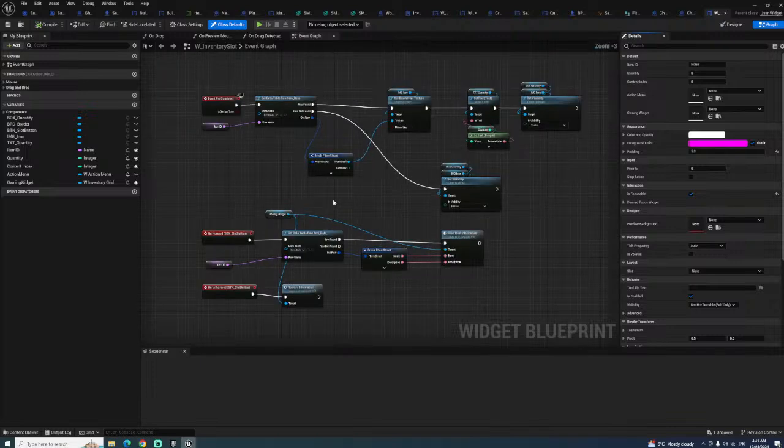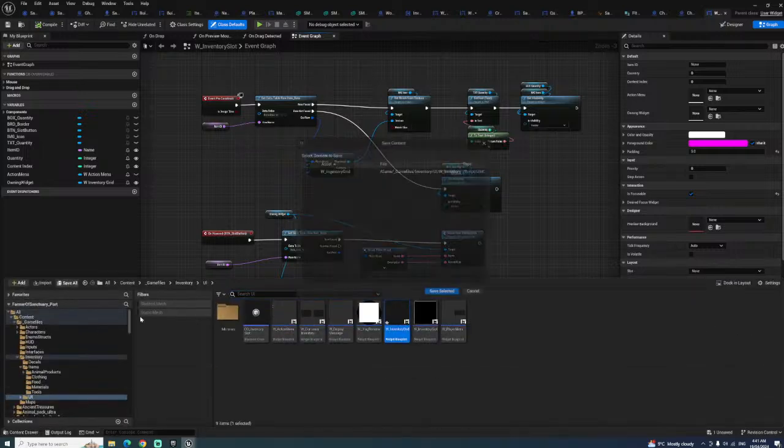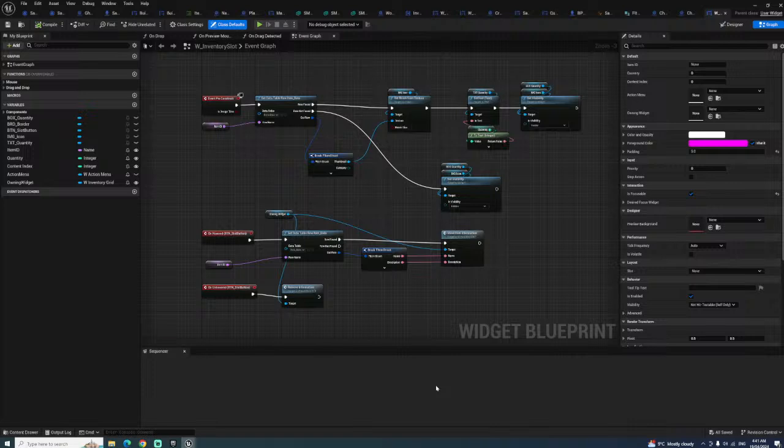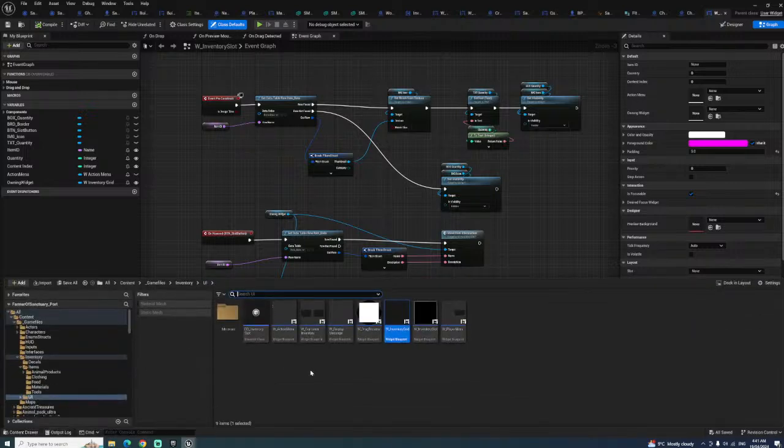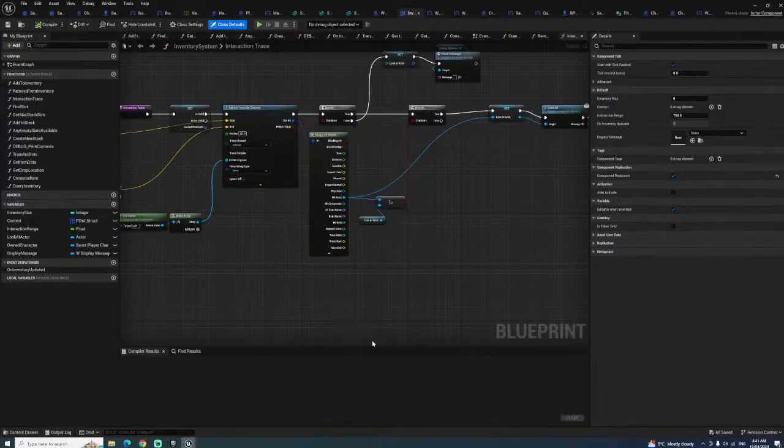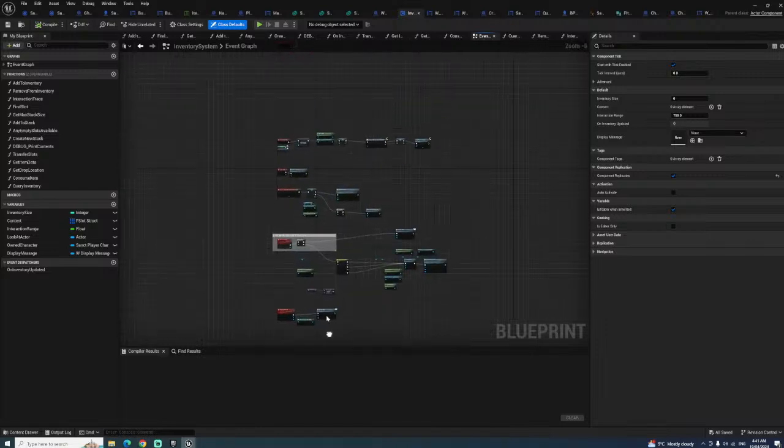But I'll do that on my own time because that could take a while. I might have to remake all this. Either way, what I might do for now is go to the inventory. Go into you, and we're going to say on the use button,